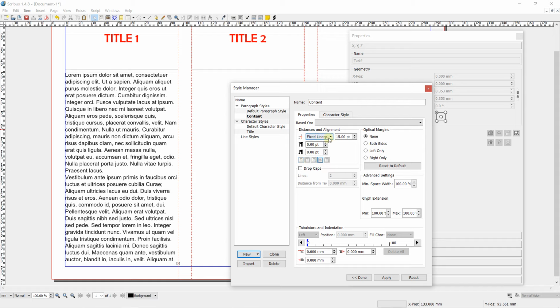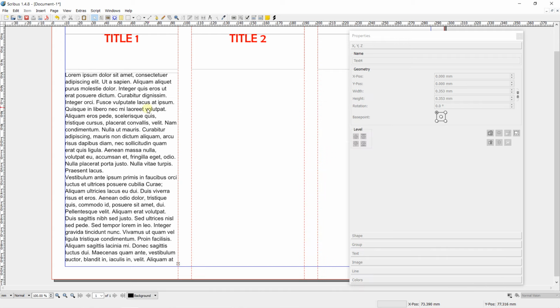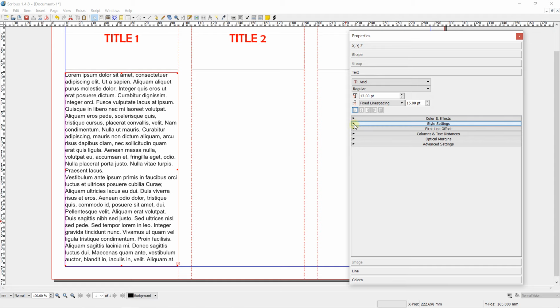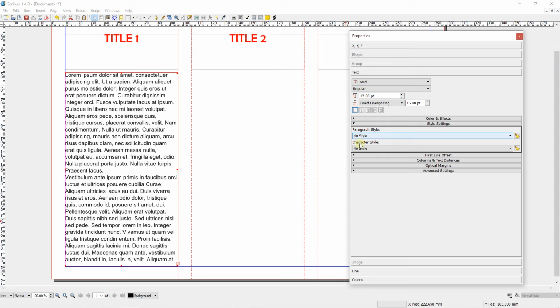You can then work with line spacing. You can work with offset on the left or on the right. You can work with many different things. Let's click on apply. And now if I go out, I click on this text frame, I can go on the text options and select here style settings, and change for paragraph style and apply content.